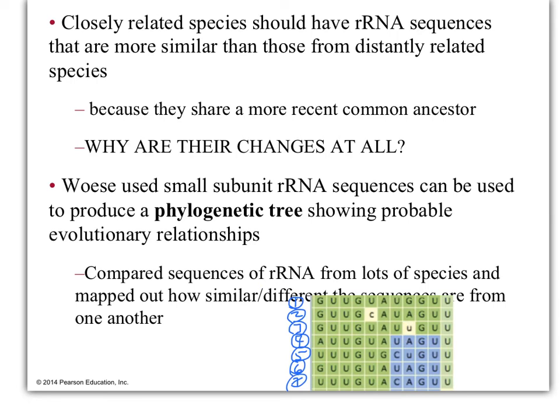But if I gave you a sequence like this, you should very easily be able to look at it and say how many nucleotides are different from species number 1 to species number 2, right? And what would you do? You would look at the first nucleotide and you would say, oh, G in number 1 and G in number 2, that's the same. U in number 1, U in number 2 for the second one, all right? U and U, G and G. Oh, look, we have something different here. So in this one, where I have the red arrow, you have a U and a C, so there's a difference. All right, you go to the next one, it's the same,